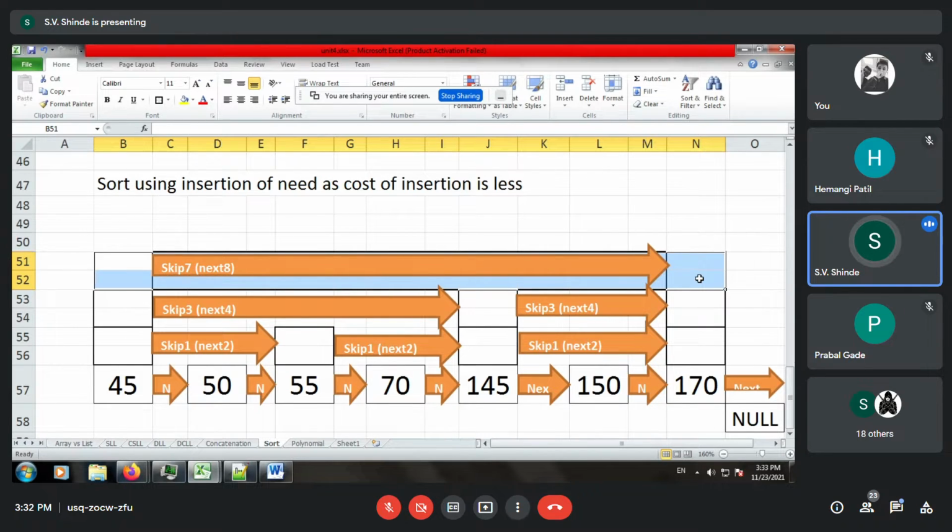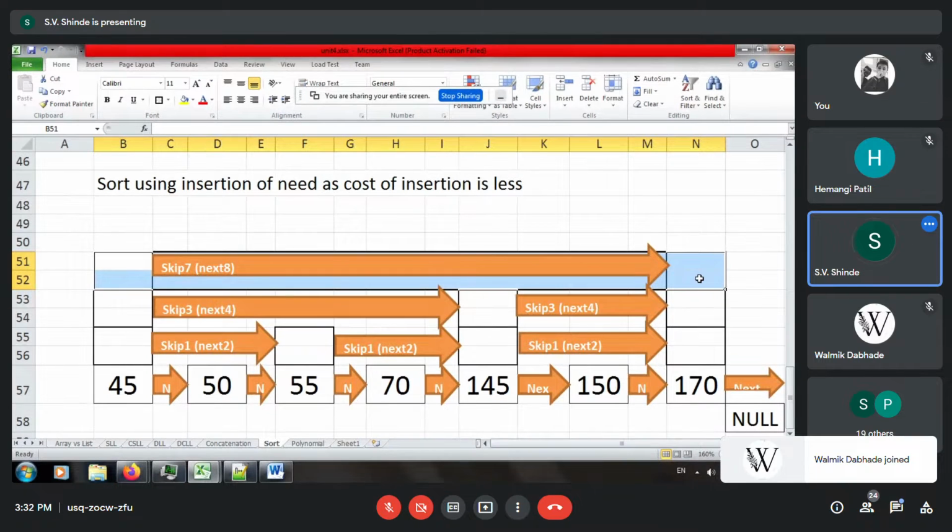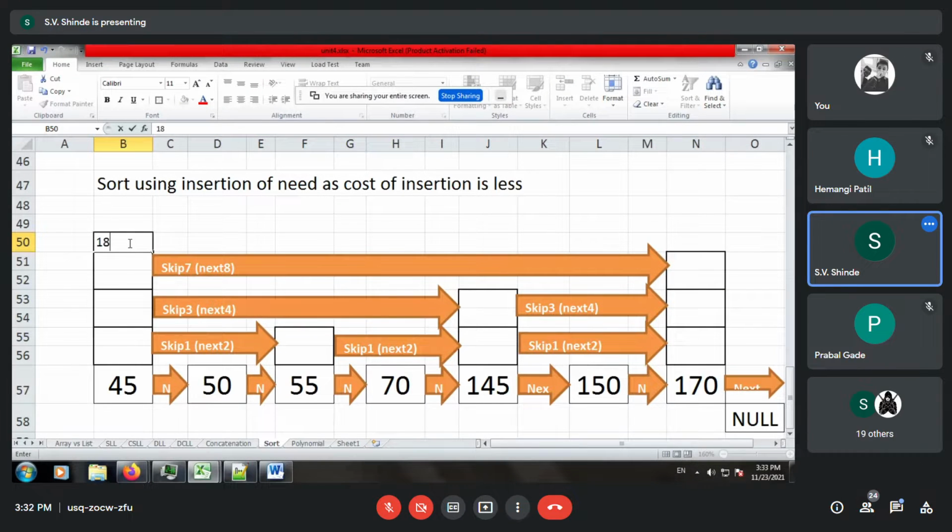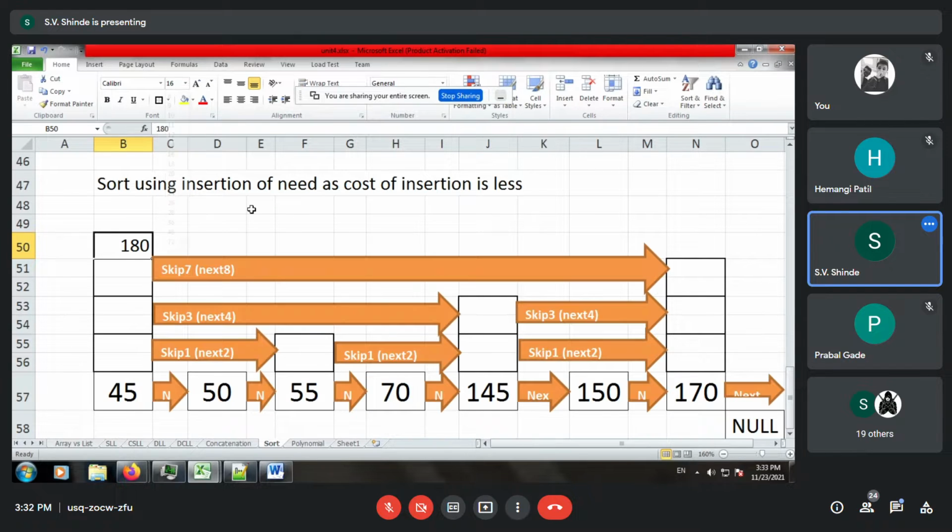Now my question is how to search in the worst case. So worst case was we are searching with 180. Okay participants, to move faster, what will be our strategy for comparison in the skip list? Yes, anybody? Which path you will choose?